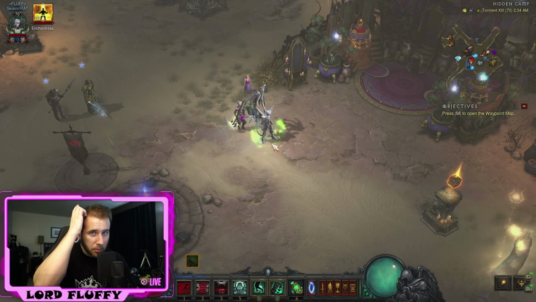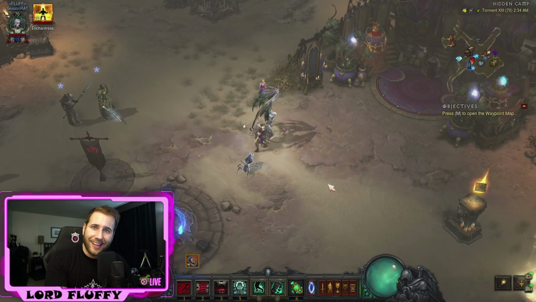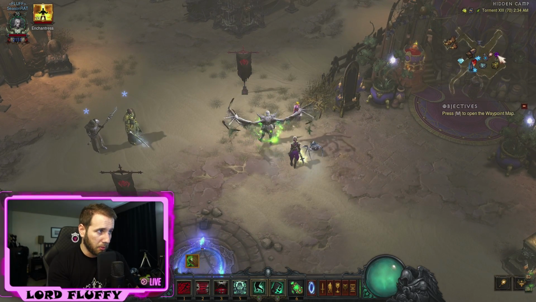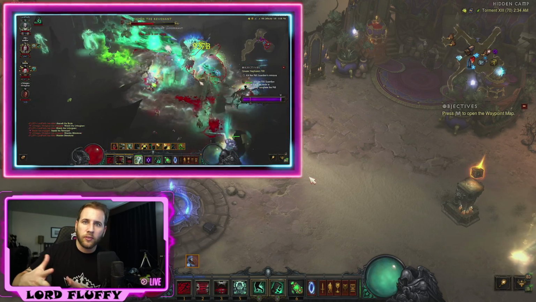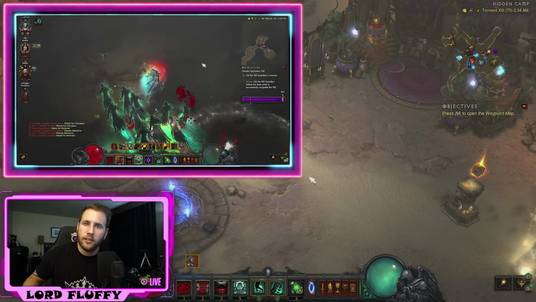Now in public groups, you're probably not going to be using group communication. So a helpful thing to indicate, hey guys, I want to go this way, or hey guys, there's an elite here, is to use your banner. It drops a little ping on the map. So hopefully your Z Necro is an experienced player and will have a good idea of where to go